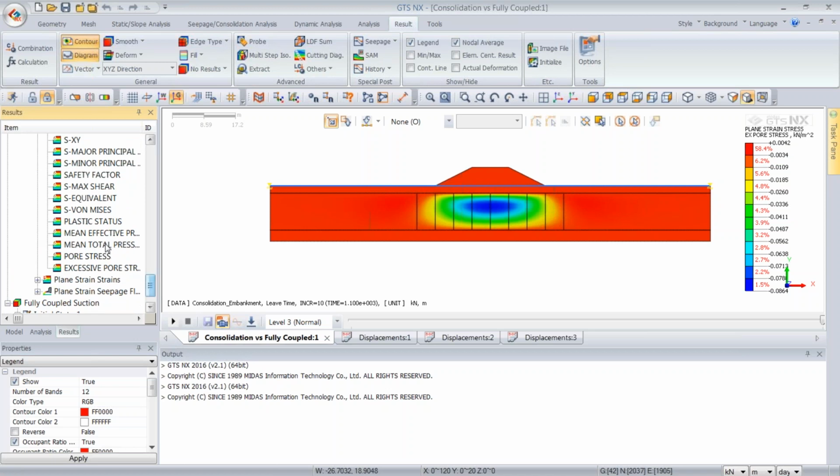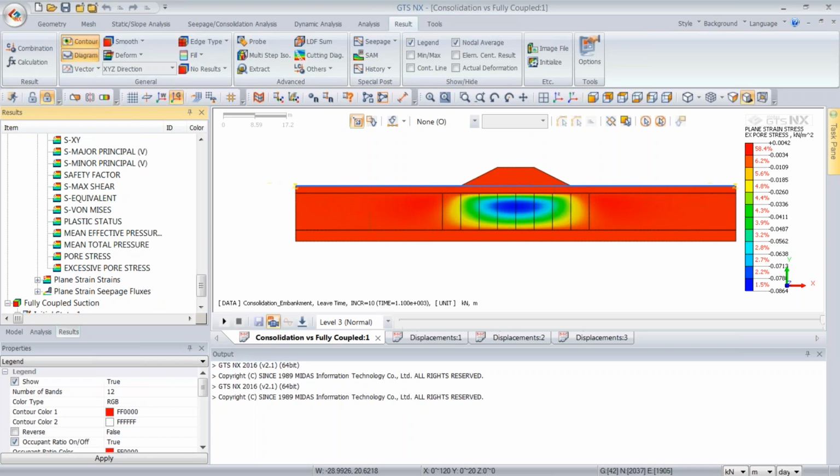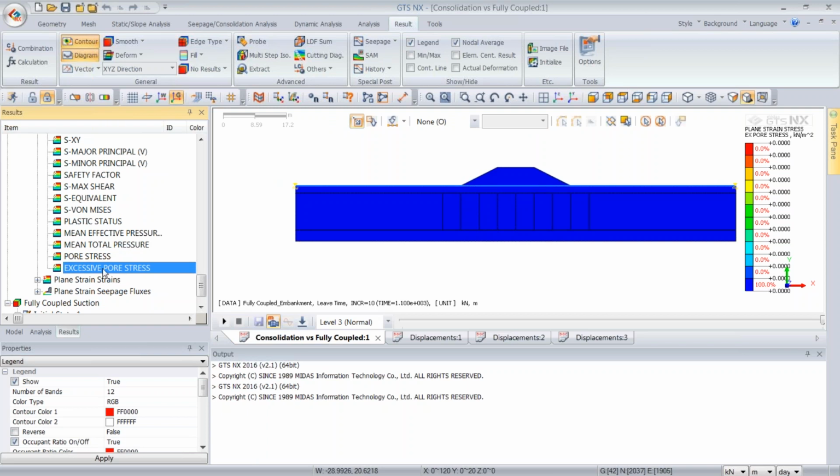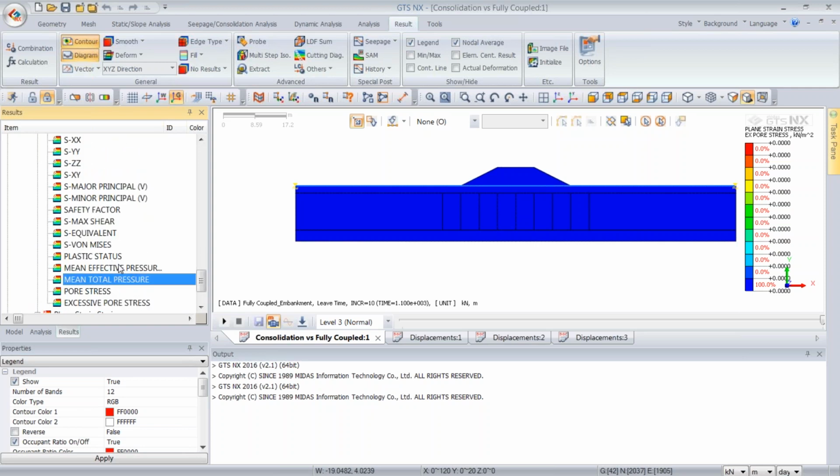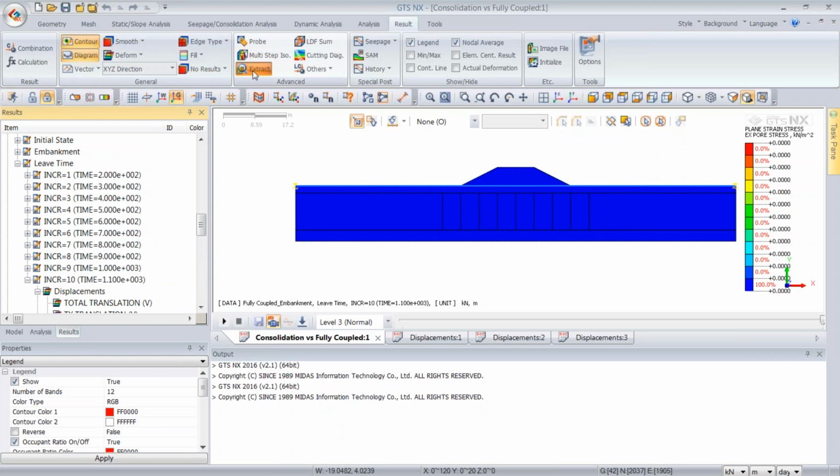We would have to manually, in the fully coupled graph, take the effective pressure and the total pressure, and manually calculate the excess pore pressure, because it's not activated as an option of the results. You can do it, but like I said, you would manually graph this,